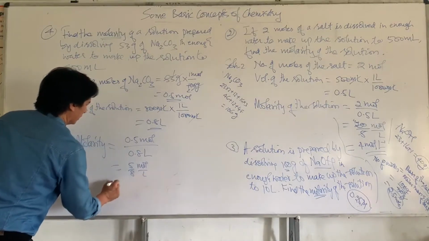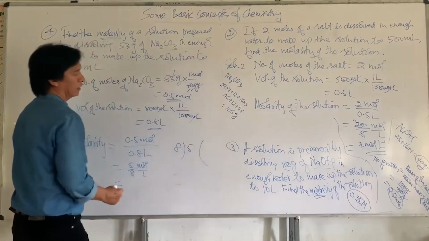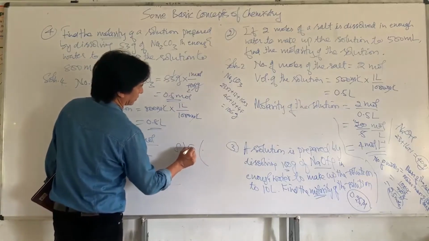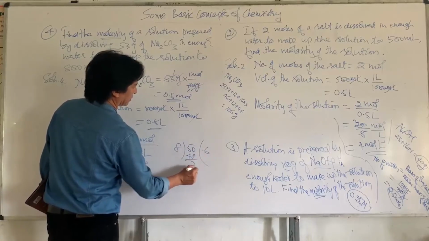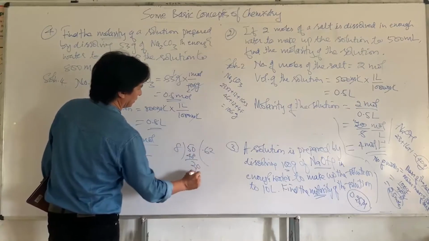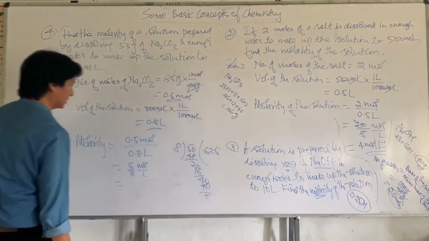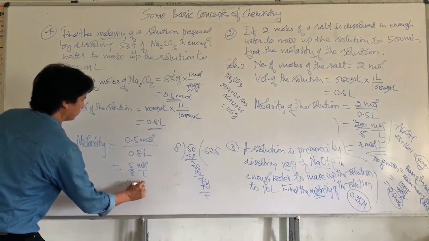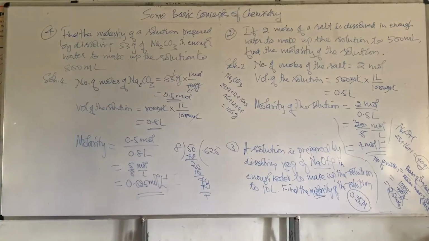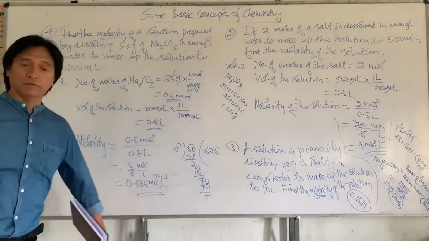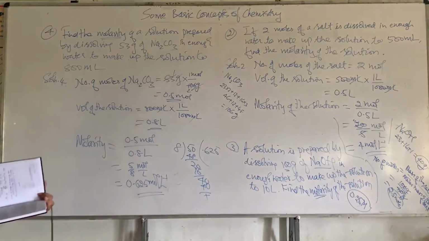So when you divide 5 by 8, put a decimal point here, again put a 0 here. 8, 6, 48. 2 remains. 0 here. 8, 2, 16. Remainder here is 4. Then 8, 5 is 40. Alright, so this is 0.625 moles per liter. So this is now the molarity of the solution if you are given this kind of problem. That's it. Now the next one, problem number 5 for you is,